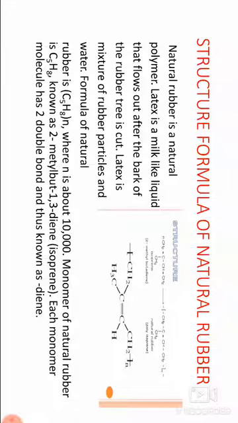In this natural rubber, the two double bonds contain two sigma bonds and two pi bonds. Compared to the sigma bonds, the pi bonds are weak. This breaks to form another monomer, isoprene. These are the reactions to form polyisoprene, that is called natural rubber.